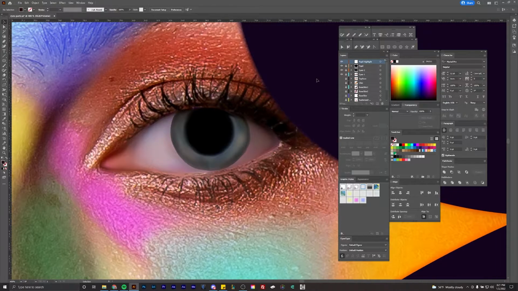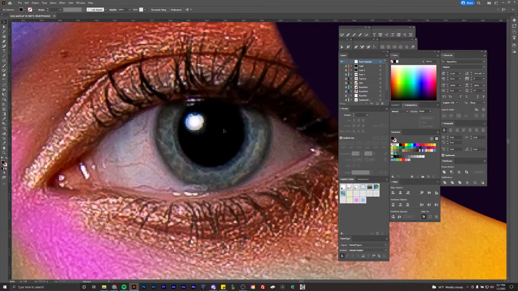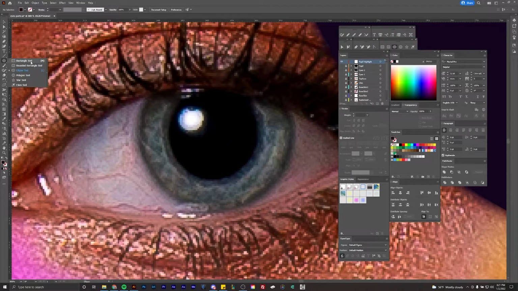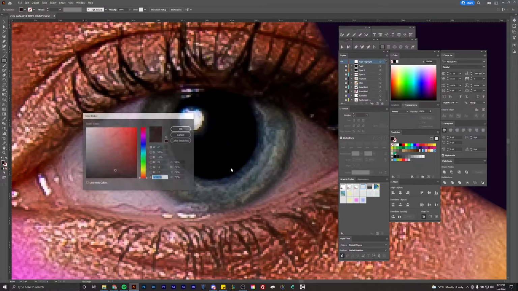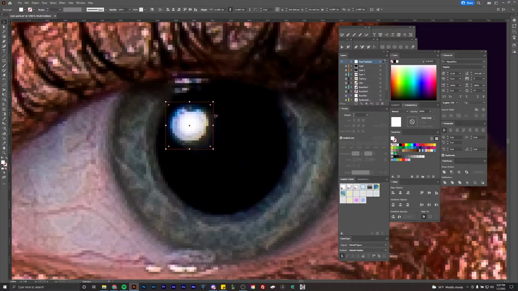I feel like I'm just rambling this episode, but we're kind of just shooting from the hip here, just going with the flow. So we're going to start a new mesh, make this color white. Okay, start with a square, and then we're going to control click our eyeball layer, bring this to the center,